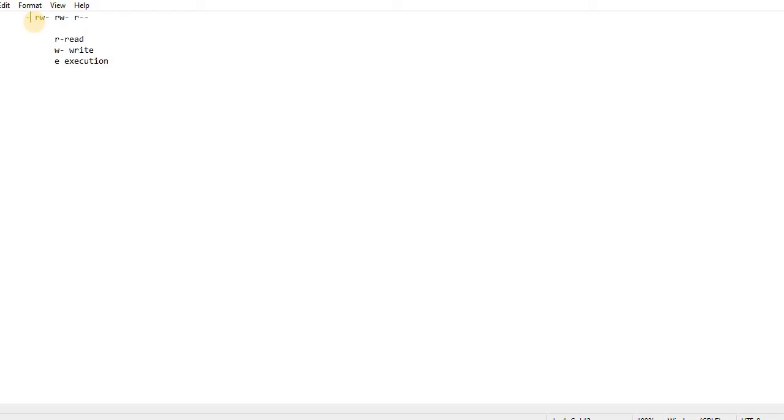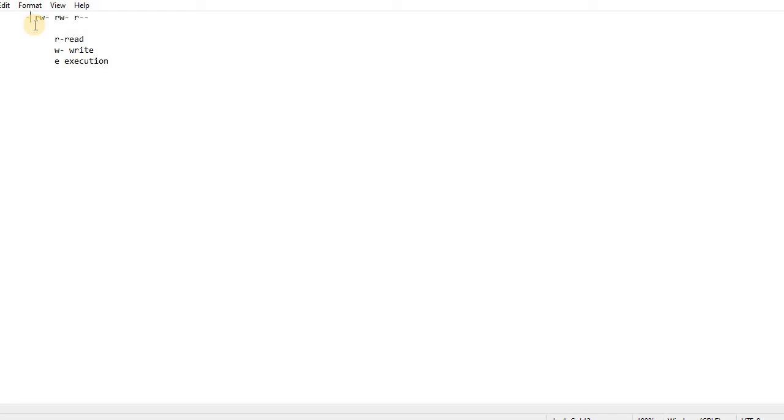So there are permissions restricted for the current user, the owner of the file, and at the same time for the other users in the same group, and for others who are not part of the group. These are the three kinds of permissions we have.